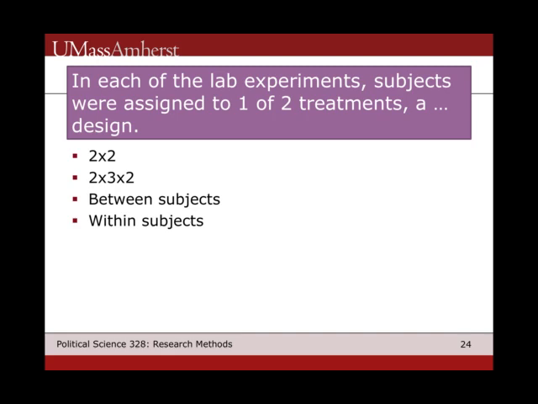So in each of the lab experiments, subjects were assigned to one of 2 treatments. And what type of design is that called? If you answered between subjects, that is correct, right? Because it's only 2 treatments. There aren't 4 treatments as you might get in a 2x2, or 6 treatments as you might get in a 2x3, and in 3x2 you get 12. But what you have here is 2 treatments, and people are randomly assigned to one of 2 groups, and it's